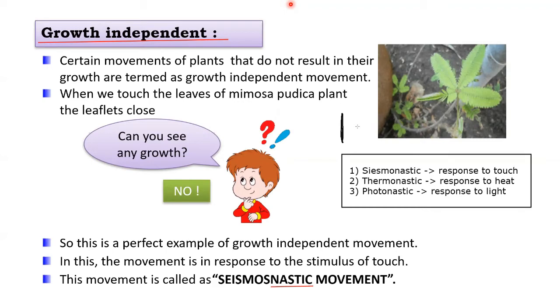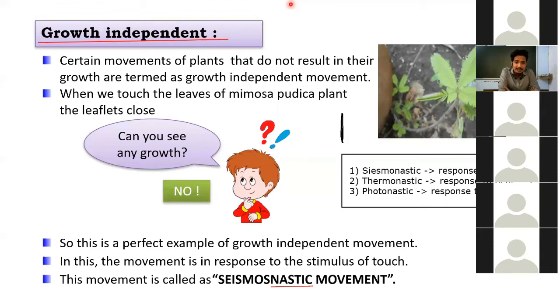getting turgid by absorbing a lot of water. तो जब बहुत सारा पानी को एब्जॉर्ब कर लेते हैं तो सेल मोटे हो जाता है, जिस वजह से जो प्लांट का पार्ट है वो एकदम स्ट्रेच्ड हो जाता है, और जैसे पानी को लूज कर देता है तो वो श्रिंक हो जाता है. सिस्मोनास्टिक मूवमेंट जो हम लोगों ने यहाँ पे देखा था मिमोसा पुडिका के अंदर, ये थिग्मोनास्टिक मूवमेंट का भी एक एग्जांपल हो सकता है, because the shrinking and regaining its original shape of the leaf of Mimosa pudica is also an example of thigmonastic movement, because it changes its shape and size by adding or removing water inside its cell. तो ये हो जाता है थिग्मोनास्टिक मूवमेंट का एग्जांपल. फाइन.